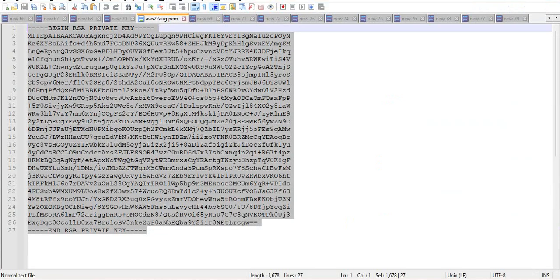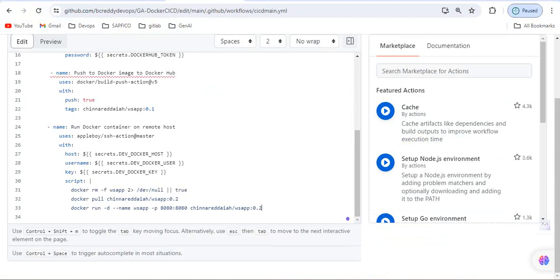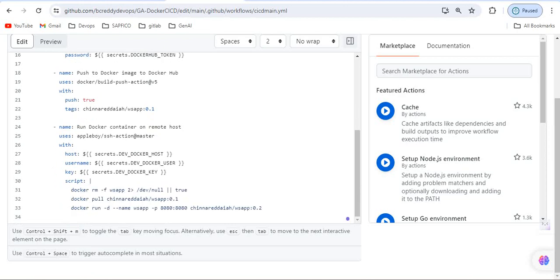Run Docker container on remote host. Okay. So this is the image I just need to pull, and let me fix this error, indentation errors. Okay. This is fixed, and I'm using this SSH action, SSH master, with host name, username and key. And what I'm trying to do here is docker rm -f, if you have any app named ws app, you have